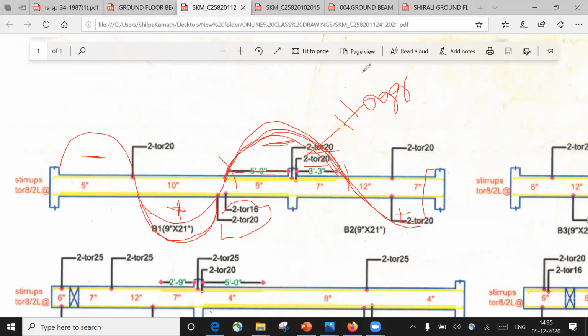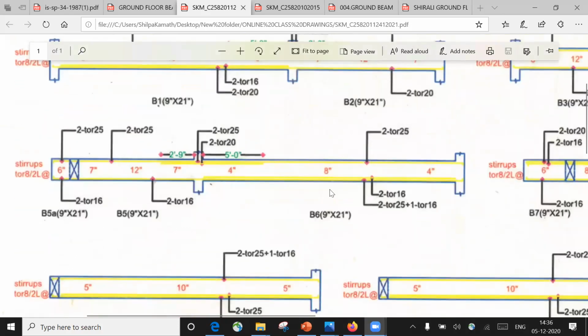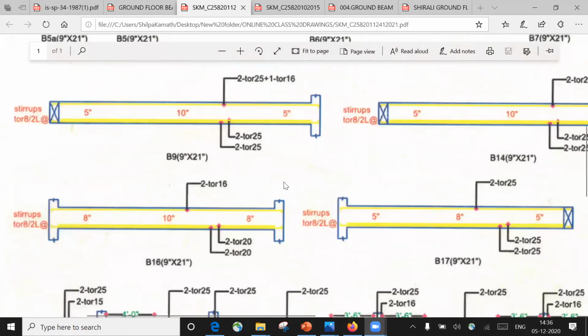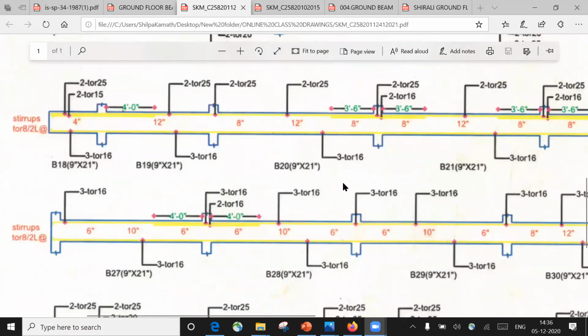I hope it's understood now. Anyhow, we'll try to see my drawings clearly. Whatever I explained so far holds good for each and every beam. Now you got an idea, right? Look at this. Again, it is a support, so they have given 4 feet. You have to do the extension. Same here again. A negative bending moment will be created here. That is why you have more reinforcement near the support, and this extension is 3 feet 6 inches and 3 feet 6 inches, whereas everywhere it is the same thing.